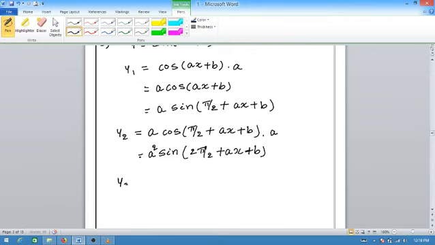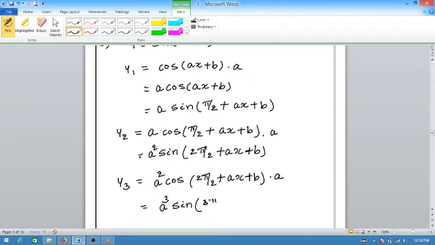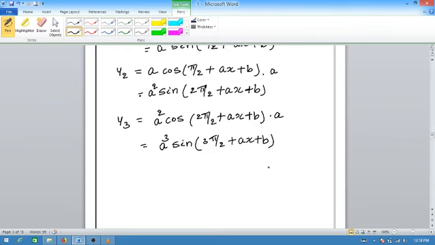So now y3 is equal to, a square is constant, differentiation of sine, again it is a cos 2 pi by 2 plus ax plus b, into differentiation of 2 pi by 2 plus ax plus b, which is a. So that is a cube into, this can be written as a sine function, 2 pi by 2 plus pi by 2 is 3 pi by 2 plus ax plus b. So this is y3. If I continue like this, yn is equal to